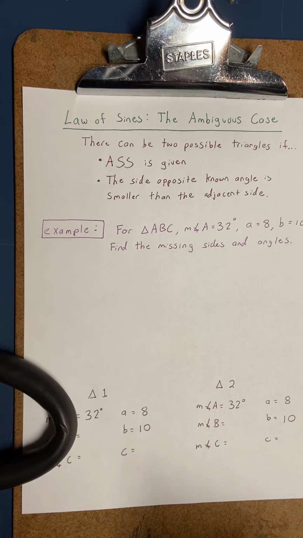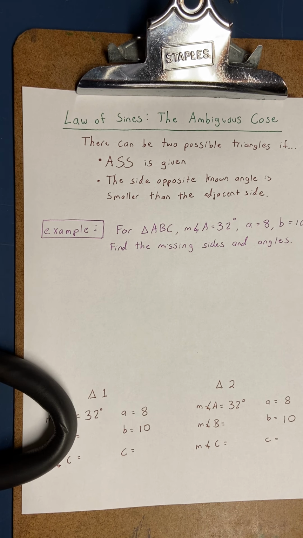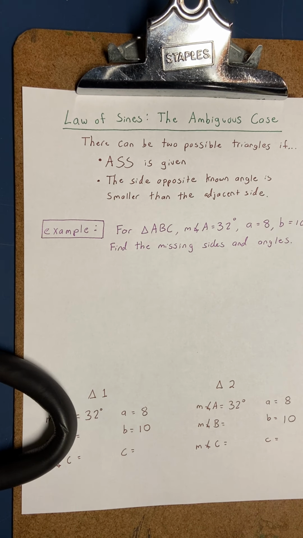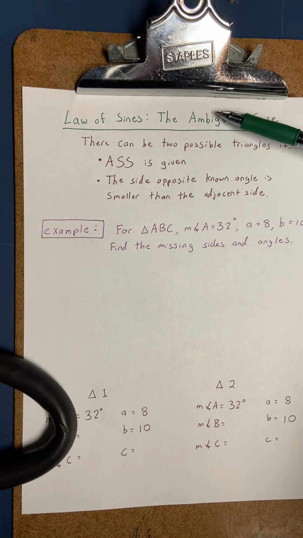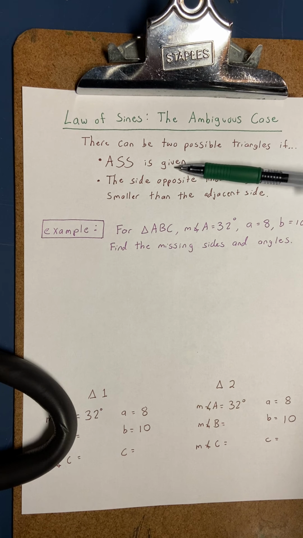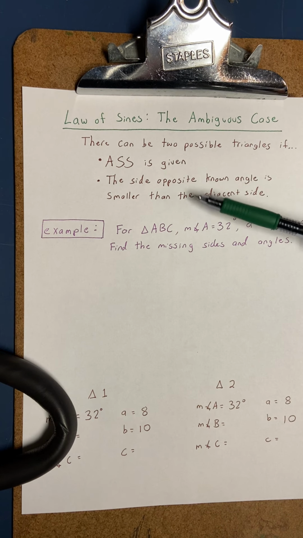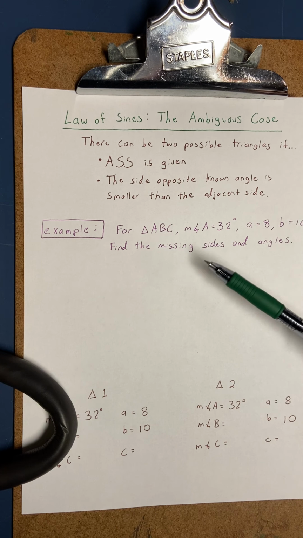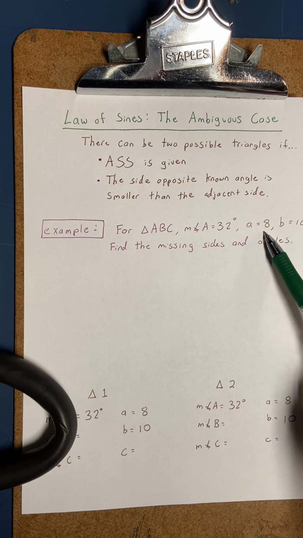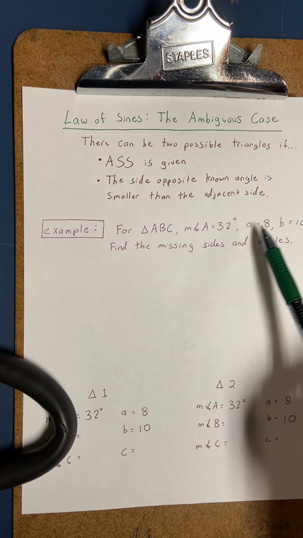Okay. So the law of sines, the ambiguous case, is a special situation that can occur with these solving triangles problems where there could be two possible triangles that exist as the answers. So here are the stipulations where you know it's this kind of ambiguous case. If it's angle side-side, or side-side angle is given to you, and if the side opposite the known angle is smaller than the adjacent side. So over here, A is opposite of angle A, and it's smaller than the adjacent side B,